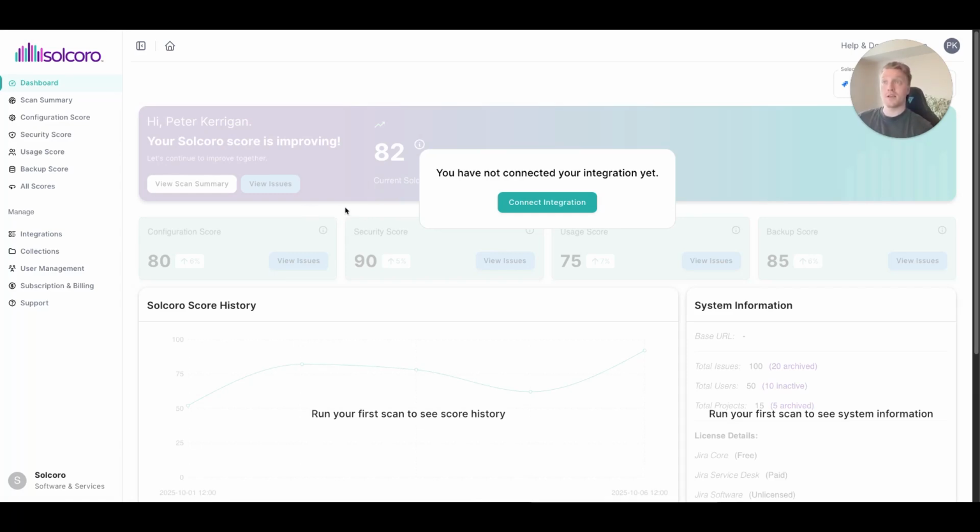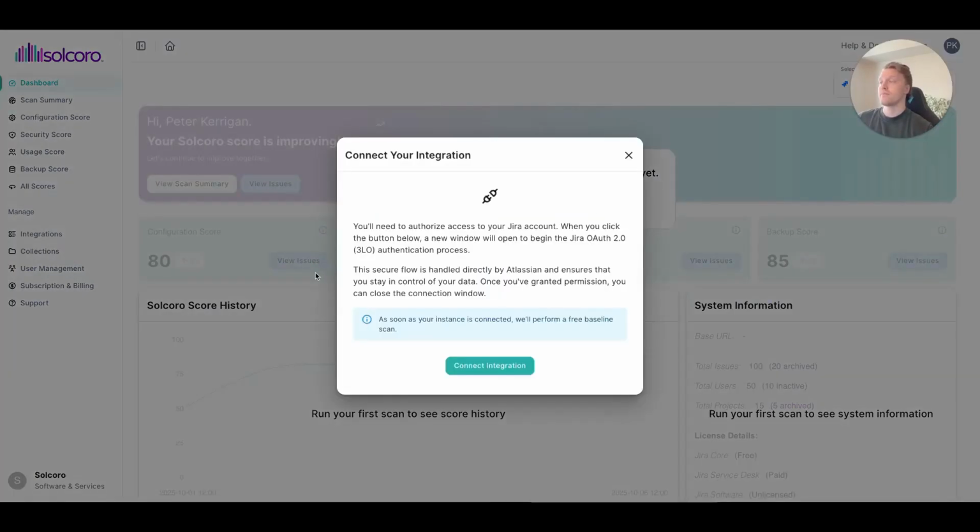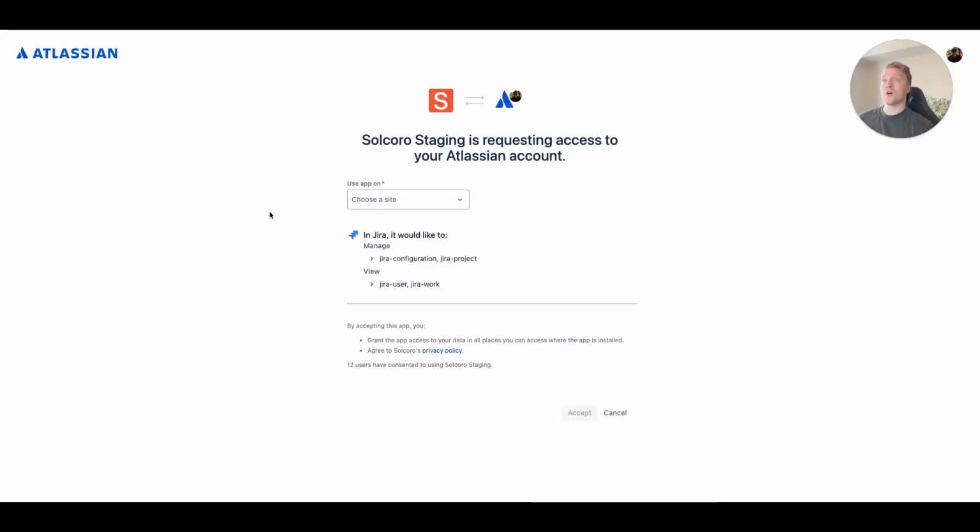You can start by clicking connect integration, and then clicking this button, which will pop you out to Atlassian's OAuth page. Once on the OAuth page, you're going to use this dropdown to select the specific Jira site that you want to connect to. You may see a number of different sites in this dropdown. You are not necessarily going to be an administrator on every single one of these sites. You'll only be able to finalize the connection to a Jira site if you are an administrator on that site. So for this scenario, I'm going to select one of the sites that I know I'm an administrator on,